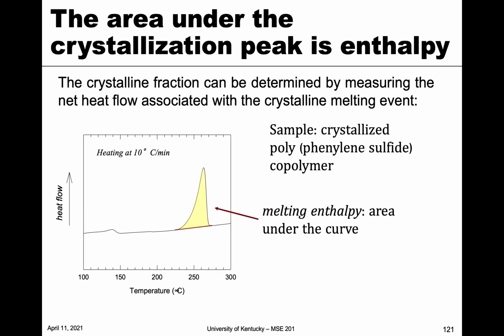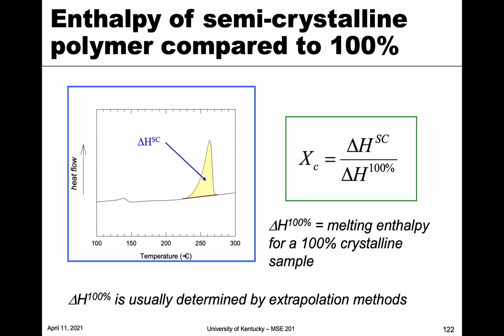All right. And the reason we can use this to determine the amount of crystallinity is because this peak corresponds to the melting enthalpy. So the energy it takes to melt. So the area underneath this curve corresponds to the melting enthalpy. And that particular quantity can be used to determine the percent crystallinity, so Xc here, because we can relate it to a 100% crystalline material. So this is another value that, again, is determined by theory or by these highly unusual perfect crystals. So we can calculate the enthalpy for 100% crystalline, and we have that as a